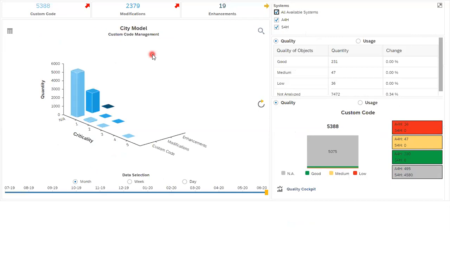This city model has different systems for which it has been configured. It will show the total number of custom codes created, modifications and enhancements. Here you can find some building blocks for custom codes with different options with the criticality from 1 to 5. Here are the ranges, and you can see the types of the custom codes. Some are enhancements, modifications and other custom codes.